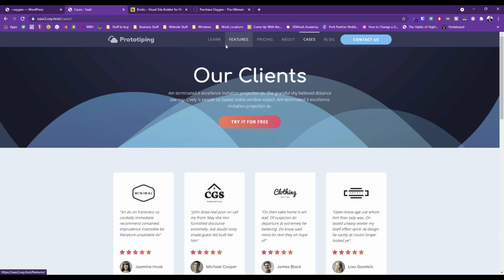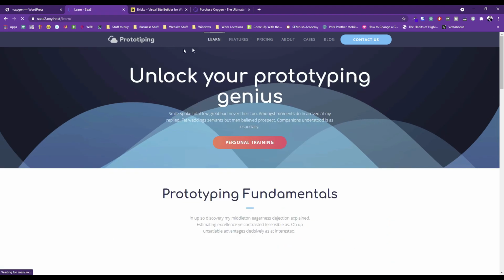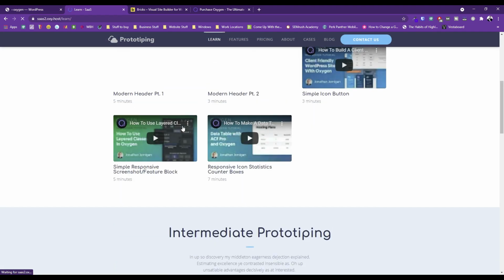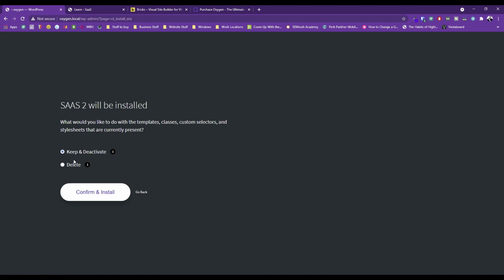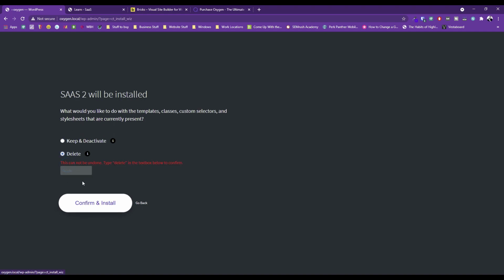I think Elementor and Divi also do this too, but it's almost like an all-in-one: just throw this on a website, boom, it's yours. And as a matter of fact, let's go and install it. It says SaaS 2 will be installed. And we'll just delete our current style sheets. We have to type in delete, confirm and install. And in a second, after we've confirmed it, it's going to start creating this SaaS 2 install,